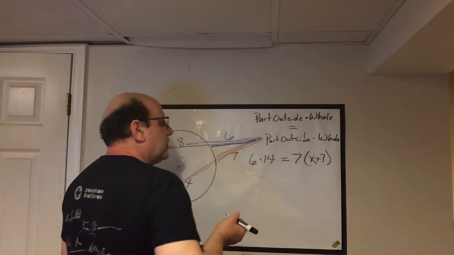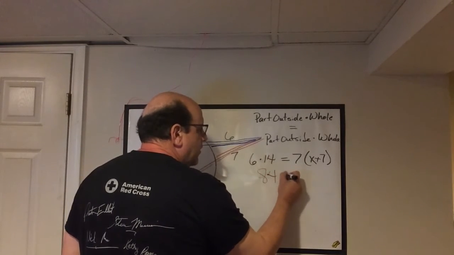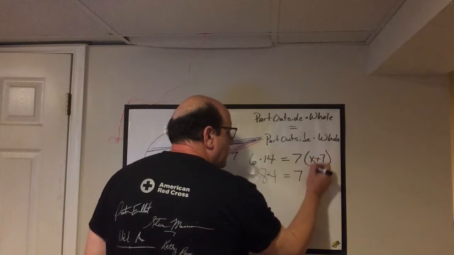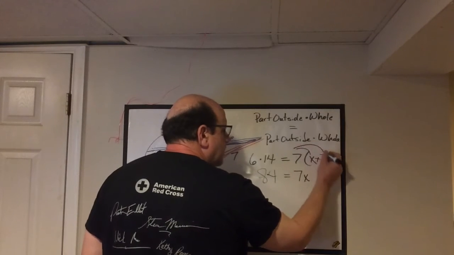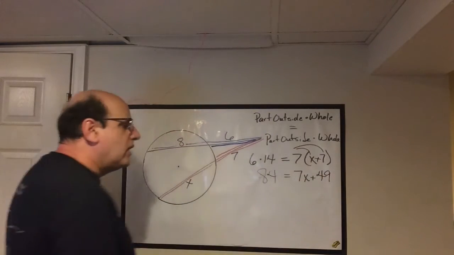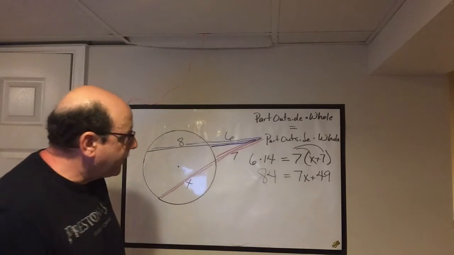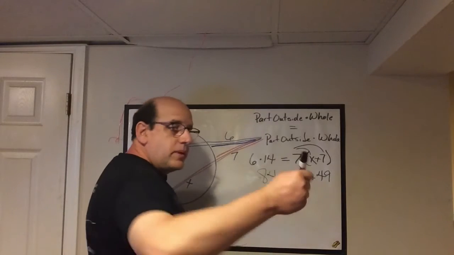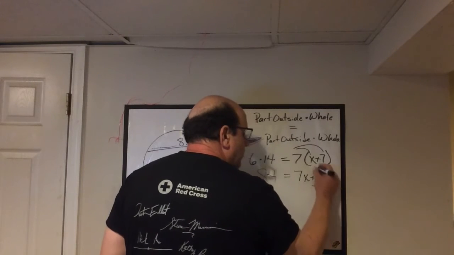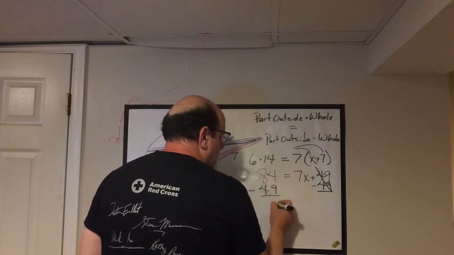Well, I can put these two things together, and if I'm not mistaken, I get 84. And I already know that that's true. I had already done that in my calculator. 7 times x is 7x, and 7 times 7 is 49. All right, so now we have ourselves a two-step equation, and we can solve this way. It's going to be pretty simple. I'm going to subtract 49 from both sides, and that gives me what,